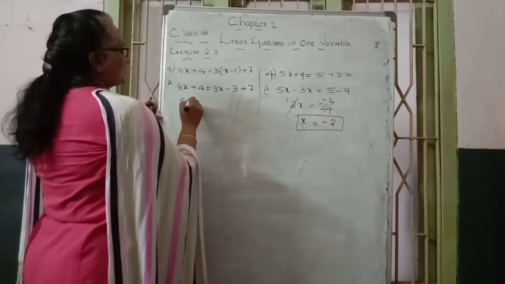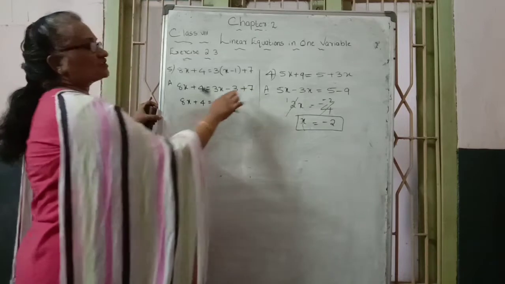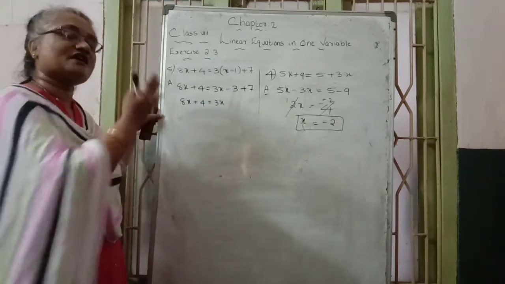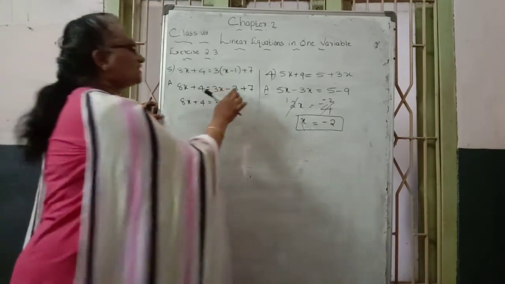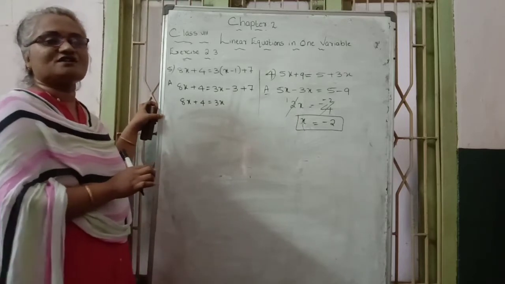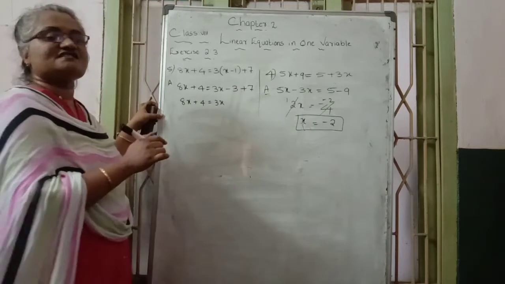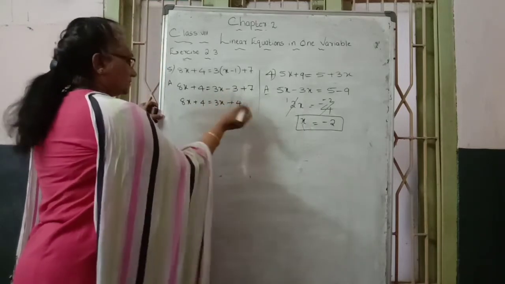Again, second step: 8x plus 4 equal to 3x. Here one is negative and the other is positive. Both are constant terms. Calculate them, or bring the constant terms from the right and left side and do it any way. Opposite side means subtract. 7 minus 3 becomes how much? 4. Which is the bigger number? 7 is bigger, and the sign of 7 is plus. That's why plus 4.